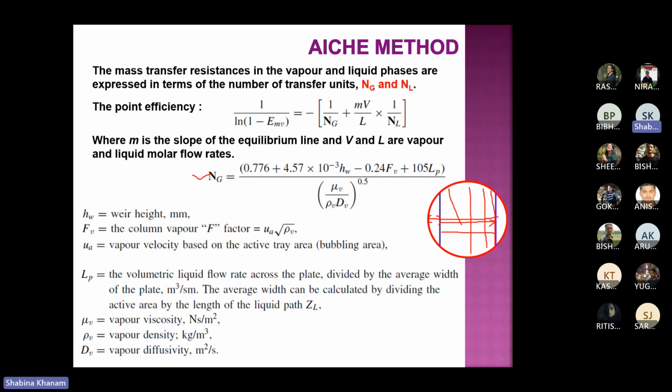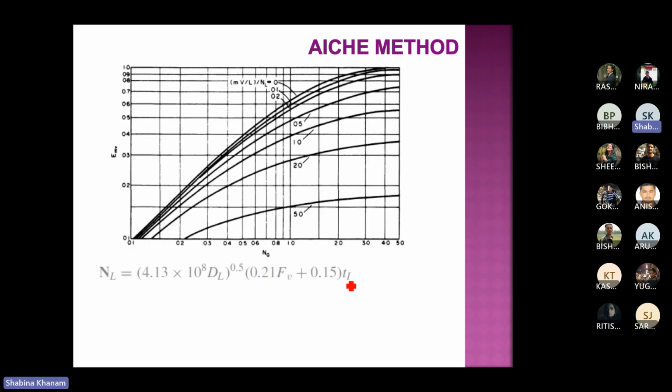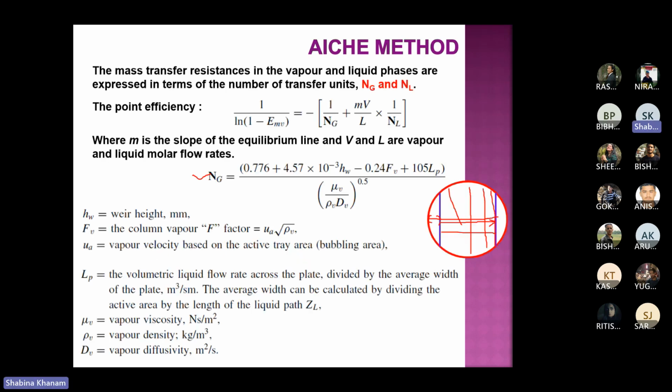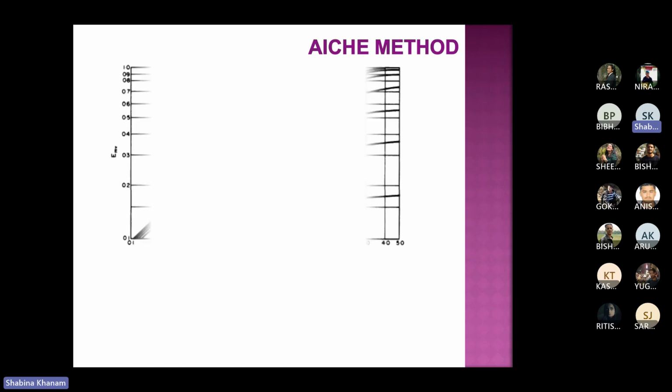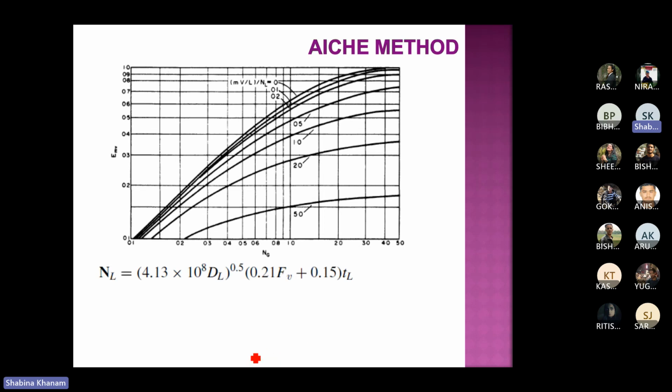Once I have this Ng, we can find out NL using this particular expression, where DL is the liquid phase diffusivity. Gas phase diffusivity we have already considered over here. Now for liquid phase diffusivity, we can consider over here, FV we have already calculated. Now TL is the